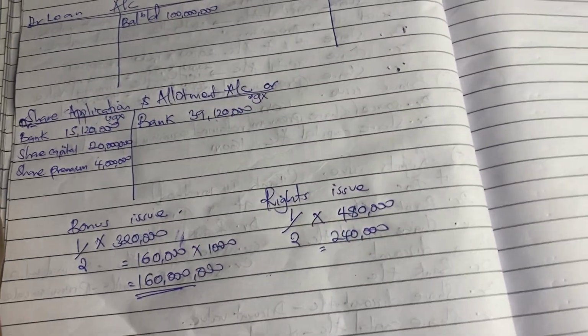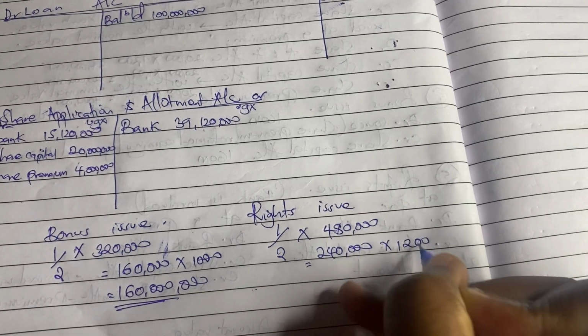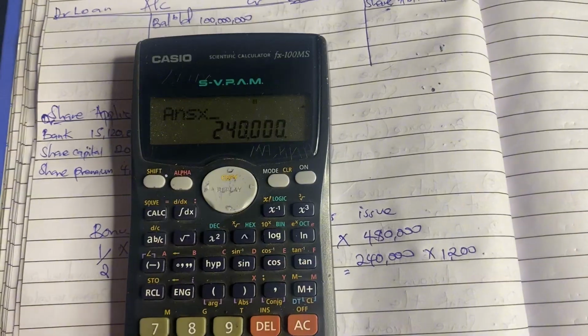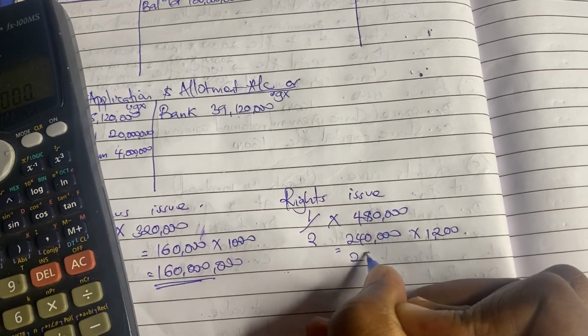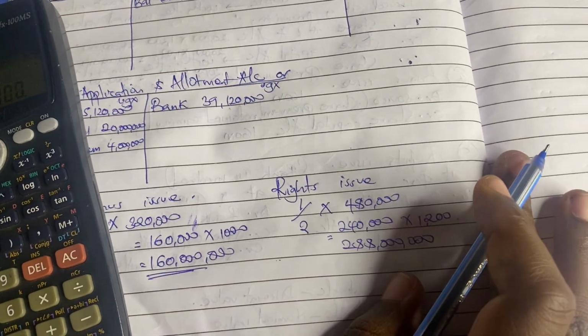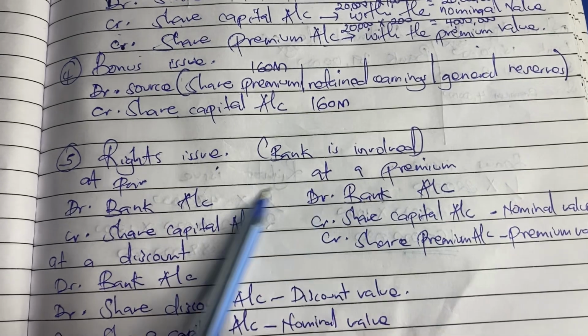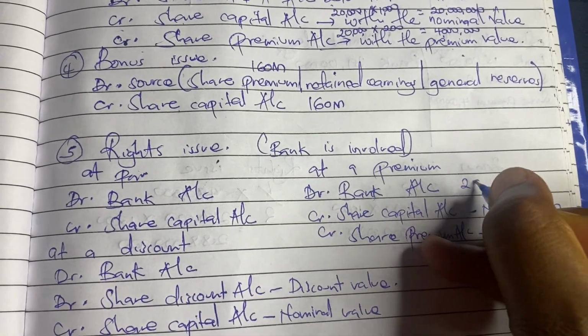But they've told us that they were issued at 1,200, so times 1,200. What do we get? Times 1,200. It is 288 million. Like that. But they were issued at a premium. So here we say rights issue, when it's done at a premium, we debit the bank account with that money,